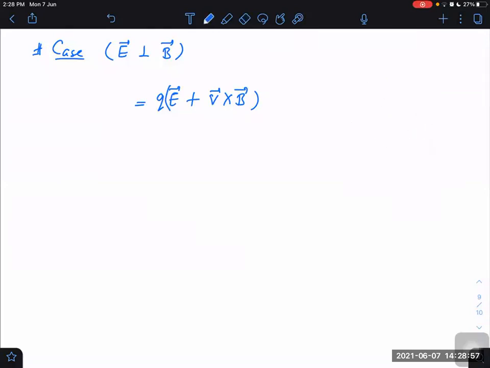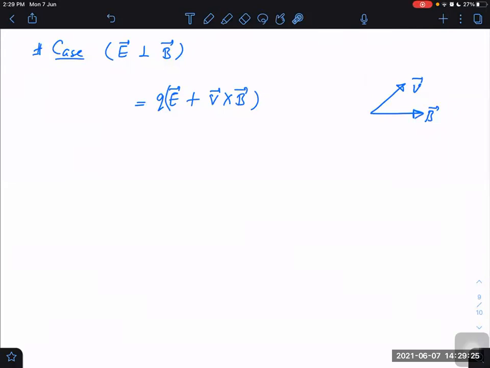Anyway, but one thing is sure, that the direction of V cross B is perpendicular to B. And how many perpendiculars to B are possible? Infinite perpendiculars to B are possible, right or not? If I have a line, how many perpendiculars can I draw? Not only two perpendiculars. I can draw infinite. Some may be out of the plane. So there could be many such directions possible.